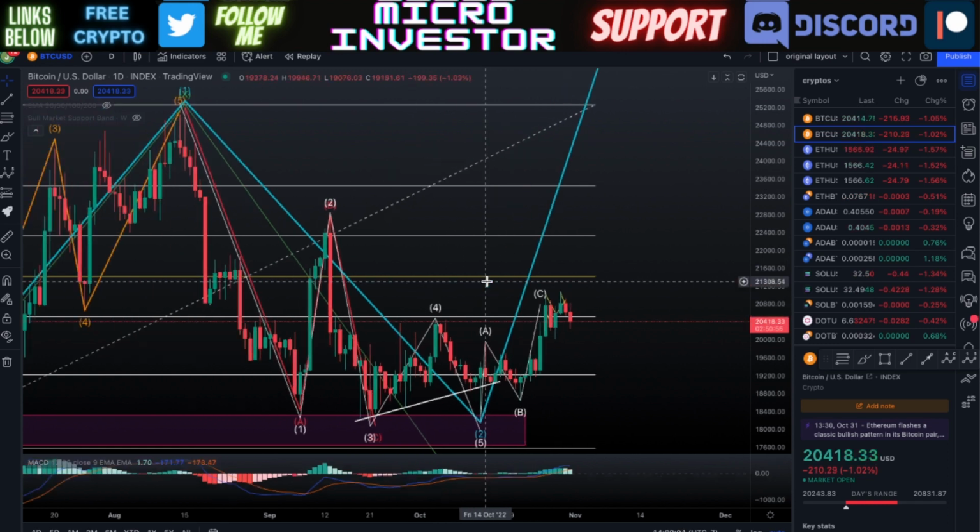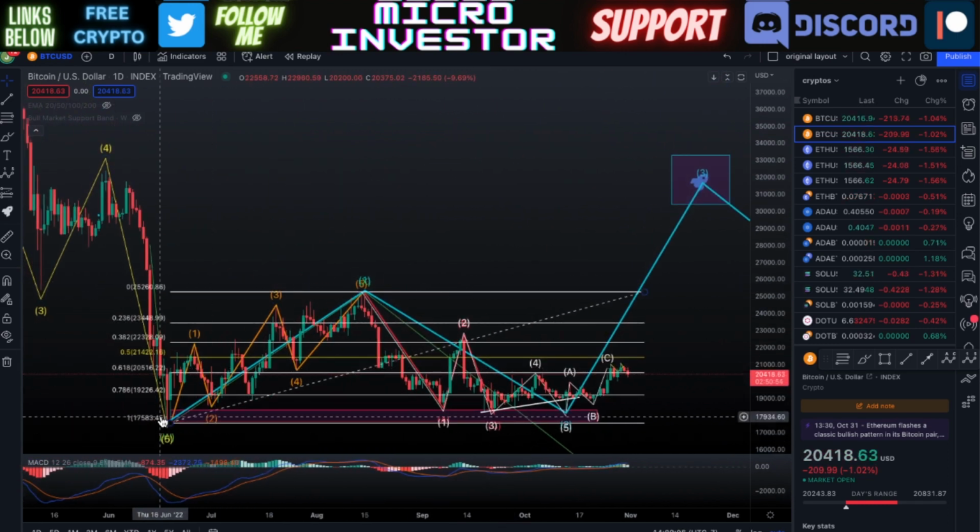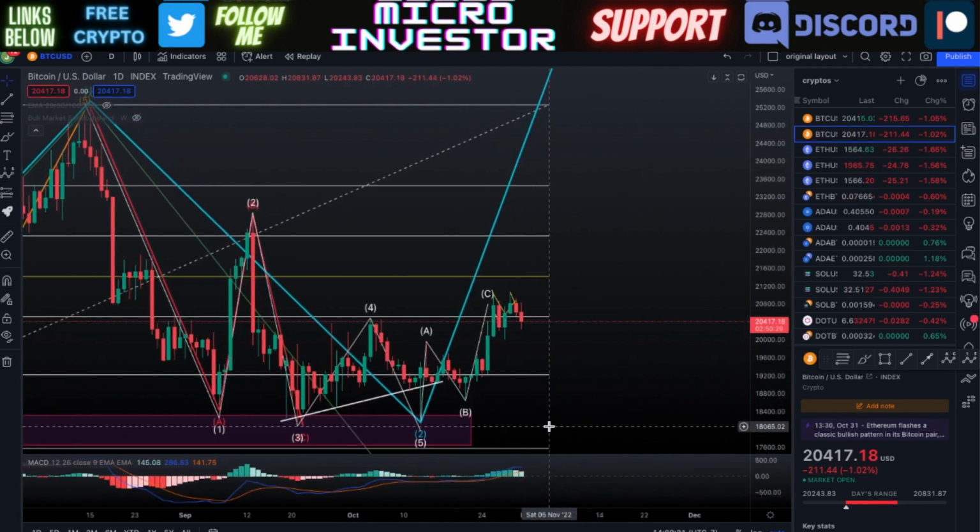But this whole Fibonacci retracement is going from that 52-week low that we have with Bitcoin, where it was priced under $18,000, and how it went up within this wave one and had completed that wave one in the middle of August. So from the middle of June to the middle of August, that wave one had finished this run at a price of around $25,000, and then we've seen this retracement within this wave two. So now I'm seeing that we're within a wave three right now. That's what we have in the works. So that's catching everybody up who's a new subscriber or doesn't follow these videos very often.